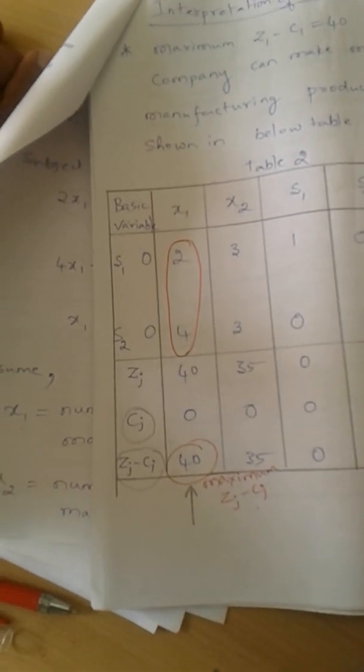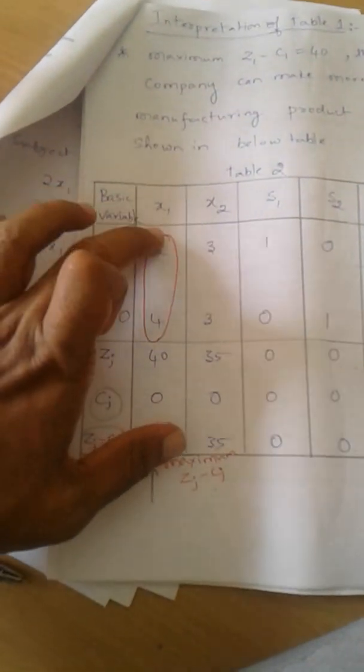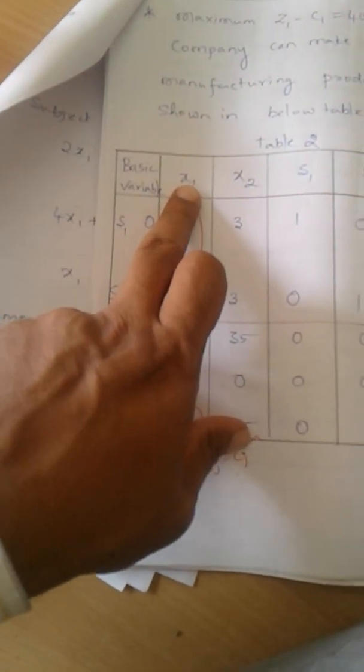Now, why we are going to select this, and why we are selecting the maximum Zj minus Cj, there is a reason behind that. What it means is that this product, that is product A, x1 means product A, is it right? Now this product gives us maximum profit. If the firm sells this product, they earn maximum profit, that is 40 rupees when compared to product B. Product B profit is only 35 rupees, this is 40 rupees.